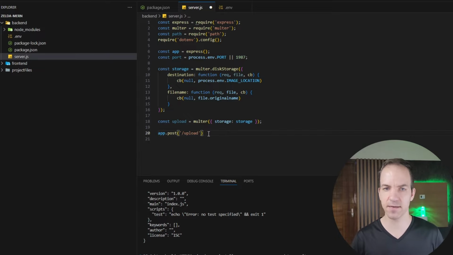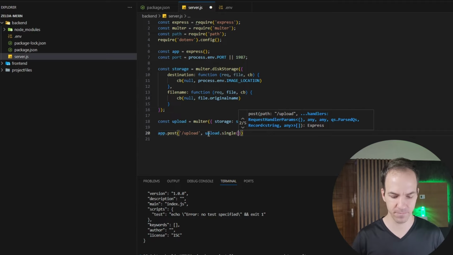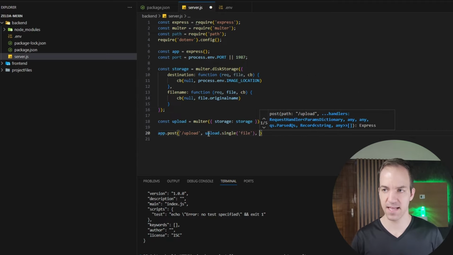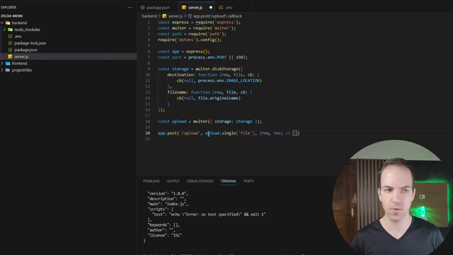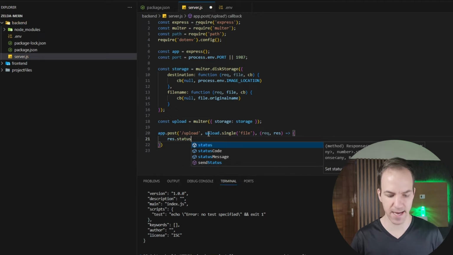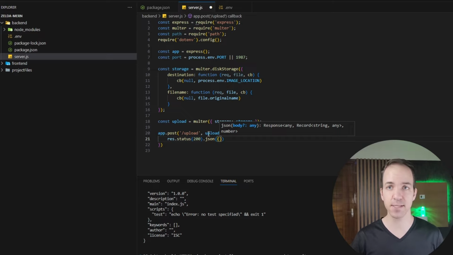And then after that, we're going to say upload.single('file'), and then again, we want to have our request and our response, and after we get the request and response, we are going to send back response.status(200).json. So we're using JSON throughout this, and if you don't know what JSON is,